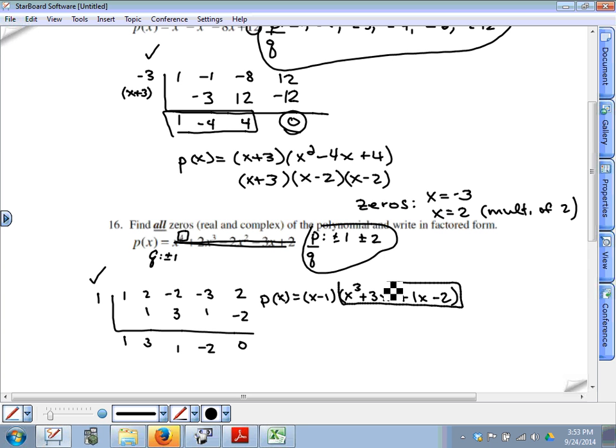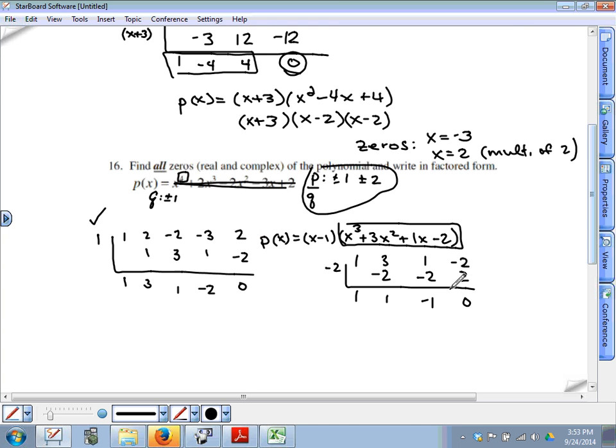You need to do synthetic division now on the smaller factor, because any remaining factors of the original polynomial are going to have to be factors of this smaller polynomial. So I'm going to test negative 2 on the smaller polynomial and see what happens there. And it looks like negative 2 is working. So again, we've now found 2 factors, x minus 1, x plus 2, and this factor here is x squared